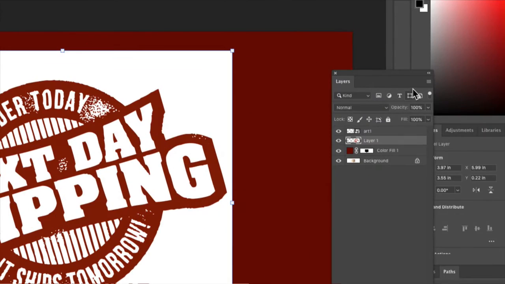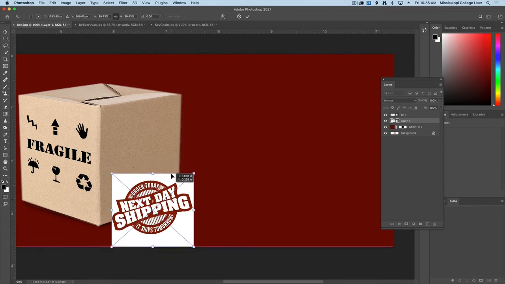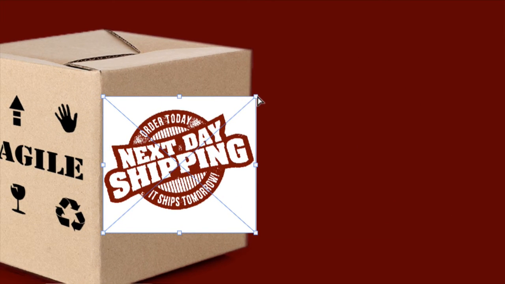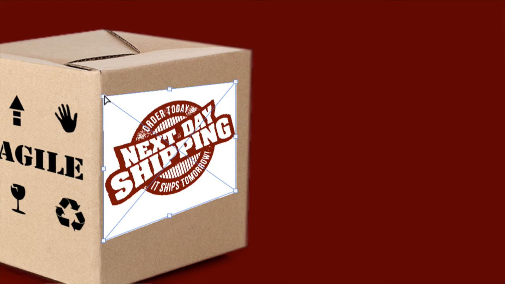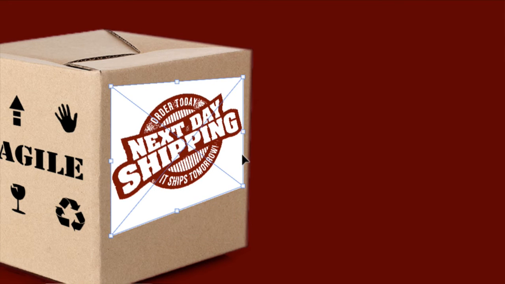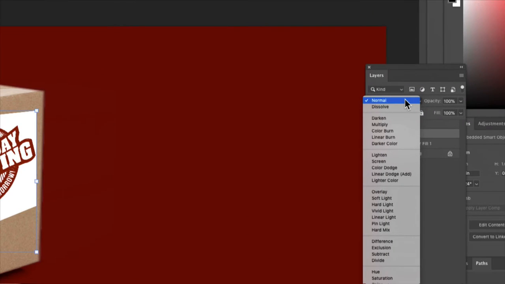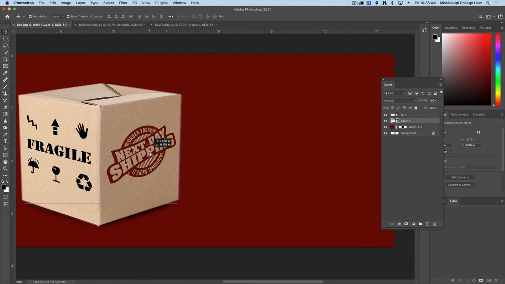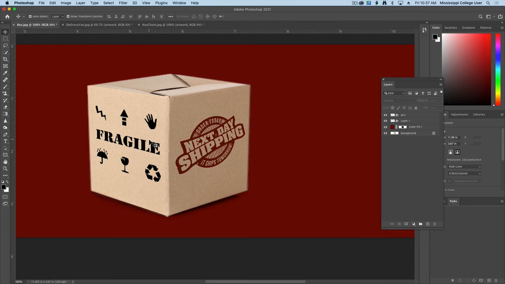Again, we'll select our layer and convert it to a smart object. Then we'll scale it down. Whoops, make sure it stays in perspective. Hold down the Command key, and we can put it into perspective on this side as well. Once it's the way we like it, maybe I'll move it up just a little bit. There we go. Once it's the way we like it, change your blending mode from normal to multiply, and that will get rid of any lighter colors that are on here. So that's a good, quick way of working with this and to make sure everything is nice on this flat